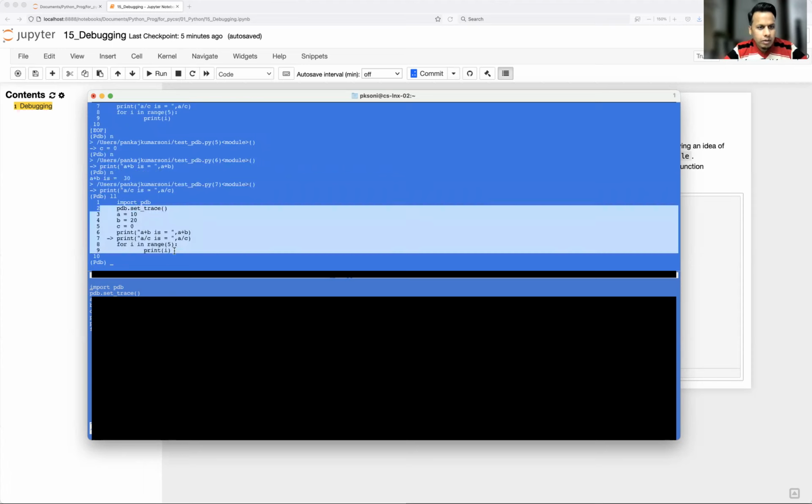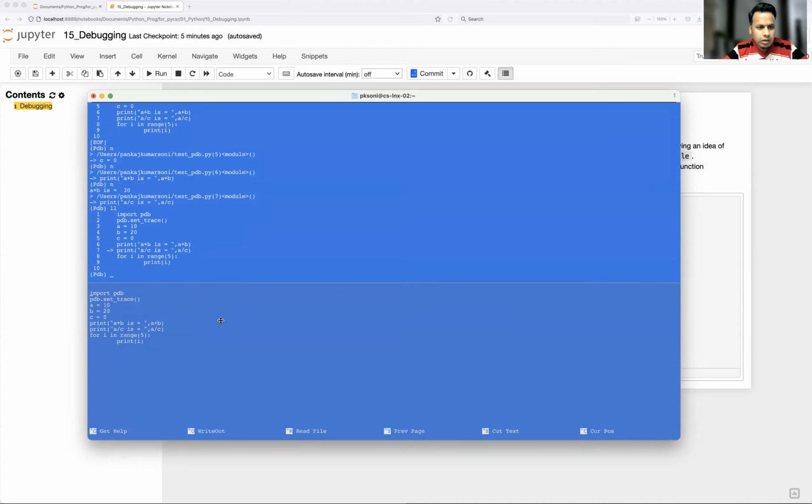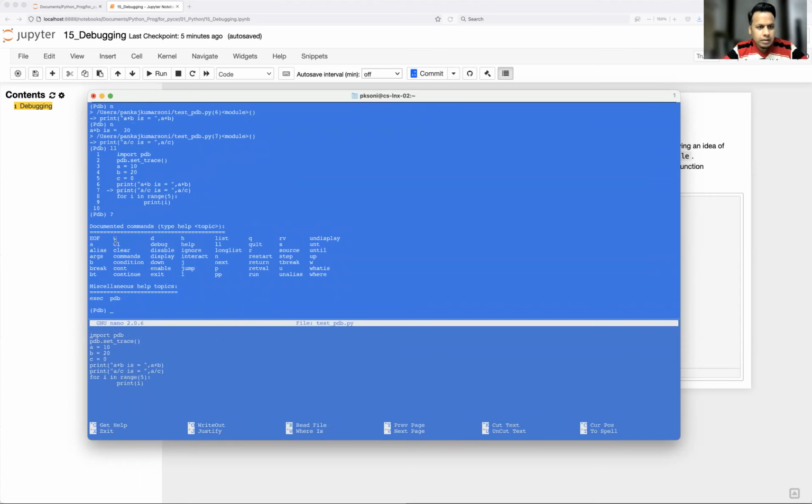It is going to print all the details along with the arrow where my pointer is. Okay, so now in case you would like to see what and all other supported commands are there, just use question mark. So it will show like C is for continue, D for down, H for help, list is nothing but your L, Q for quitting the debugger.